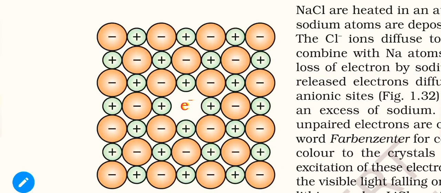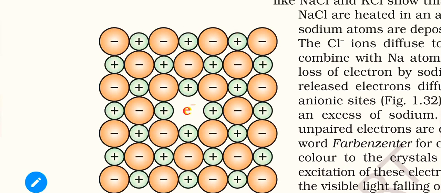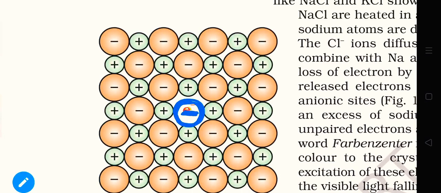This is the figure mentioned in the textbook. In metal excess defect, again we have two different types of metal excess defects. The first one is due to anion vacancies. So what are anion vacancies? First of all, let us assume our crystal is a perfect crystal without any defects. To do so, we have to place one negative particle here. Just assume all the particles, ions, are at their original positions.